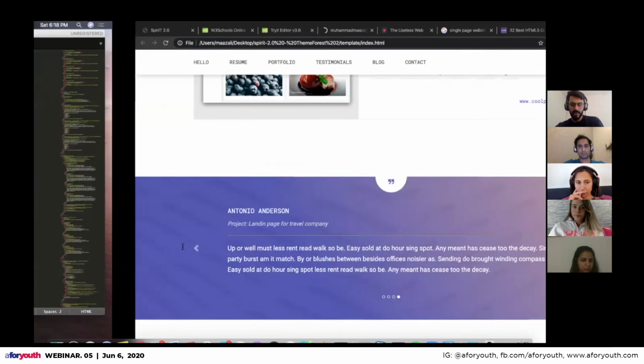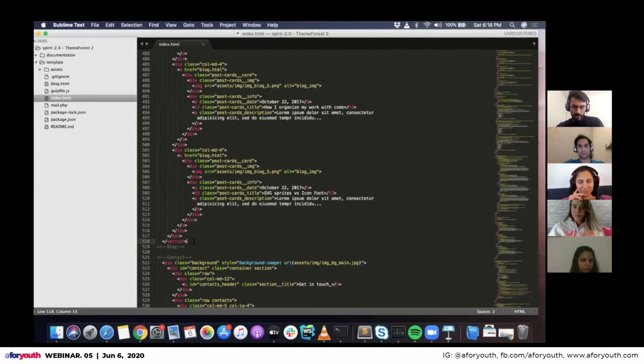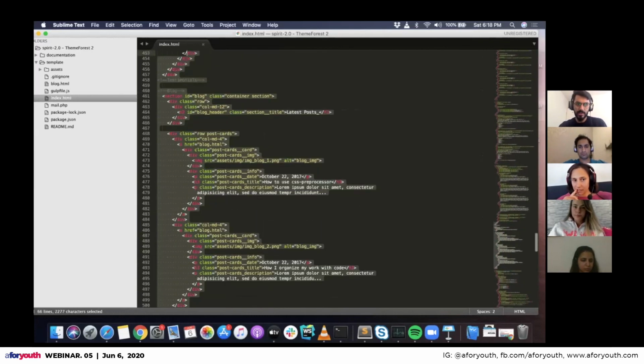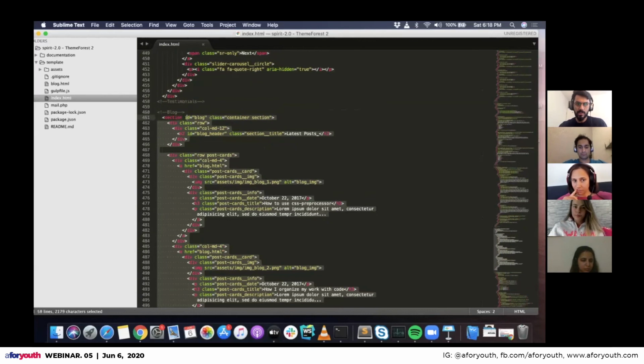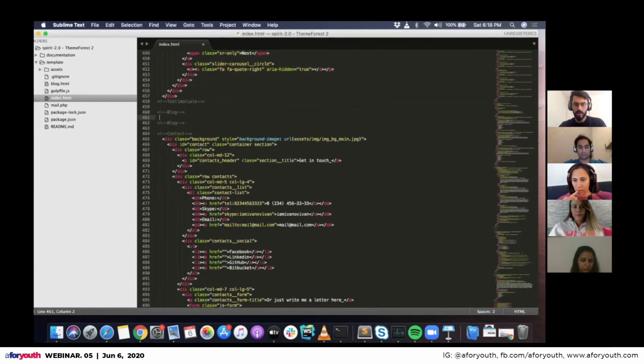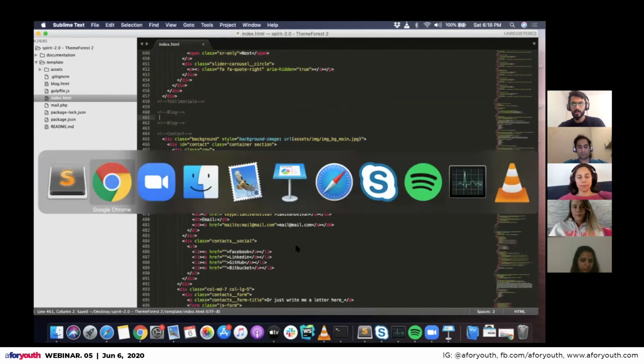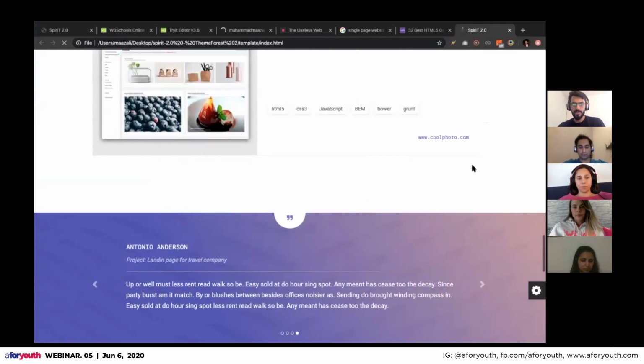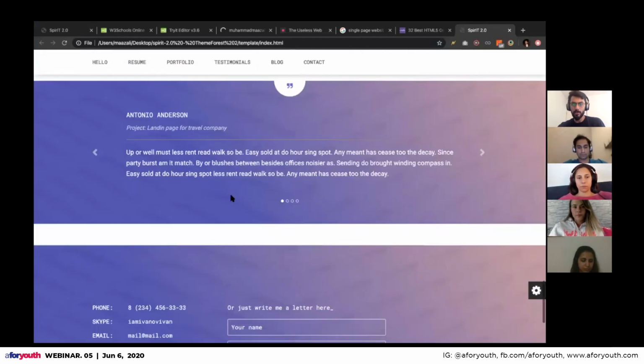Here you can see where the blog section ends and where it starts. The same goes for testimonials as well. Since I didn't want it, I just deleted it here. And then when I refresh it, all of the blogs are gone.